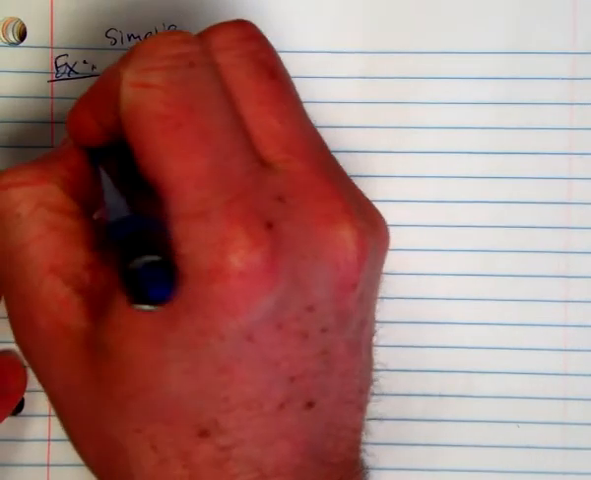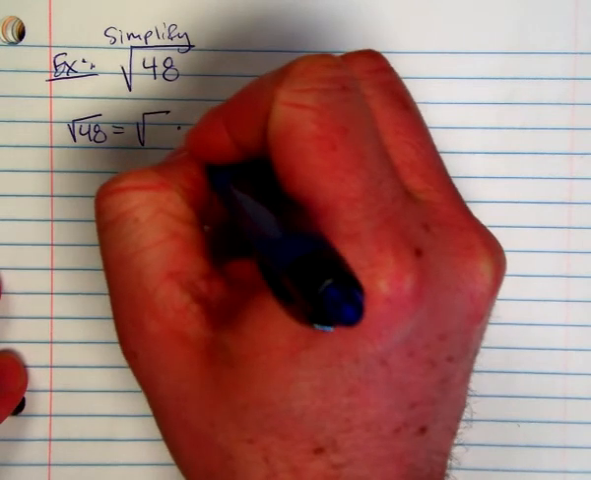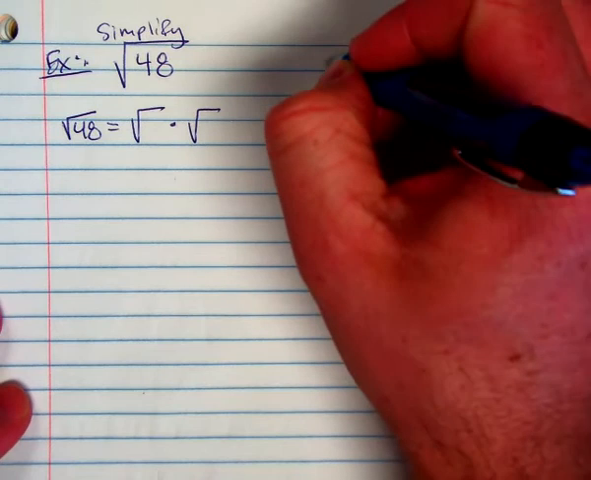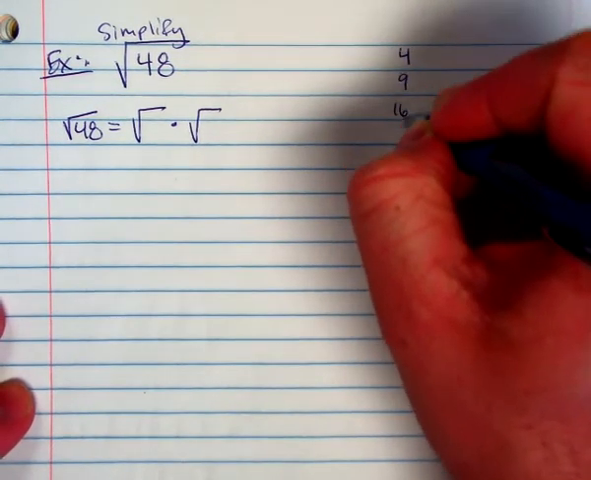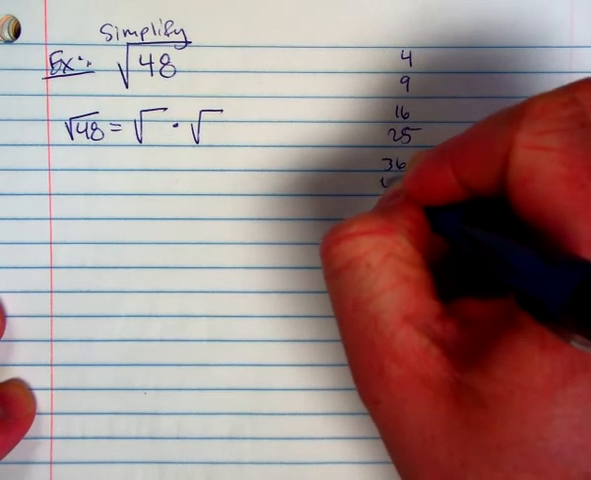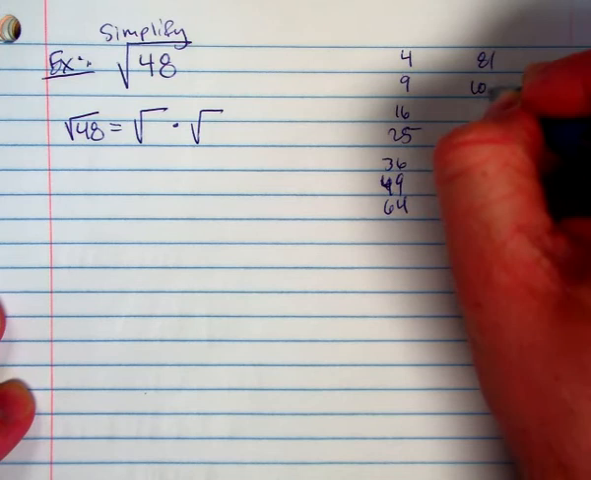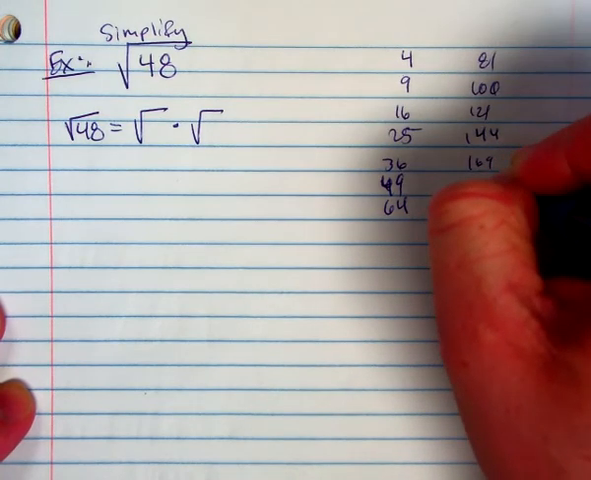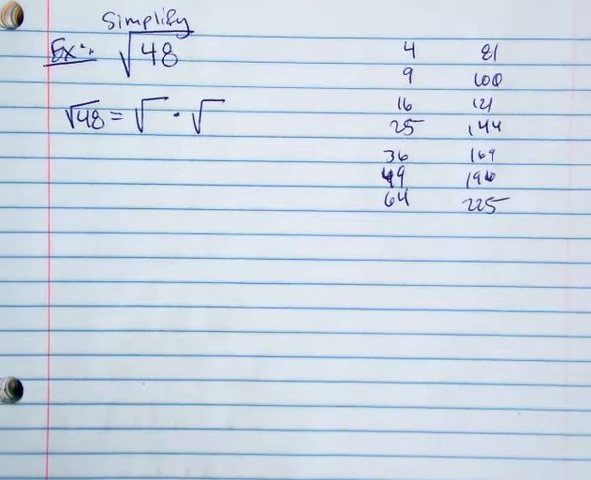Simplifying 48 means we need to find two numbers that multiply to make 48. Those numbers need to be in our list of square numbers, so if you need the list, I'll write it off to the side. 4, 9, 16, 25, 36, 49, 64, 81, 100, 121, 144, 169, 196, and 225. So, keeping these numbers in mind,